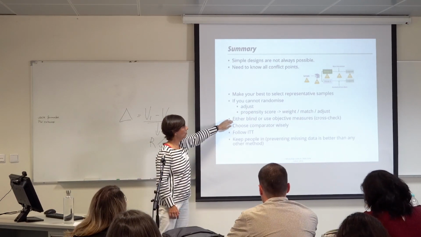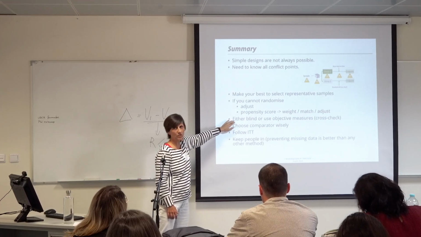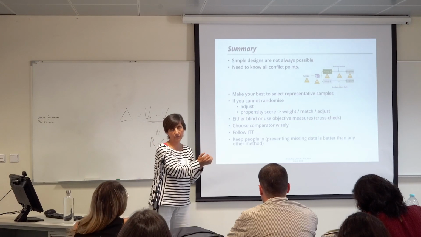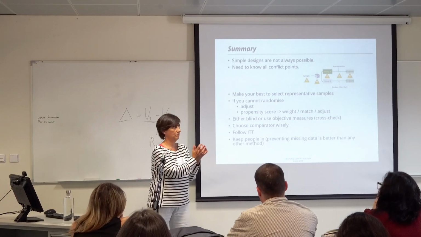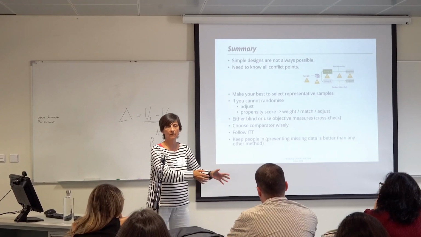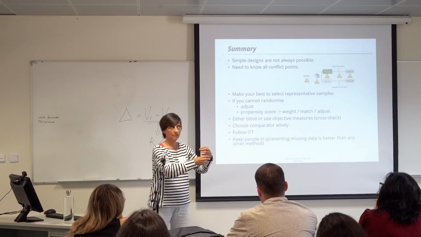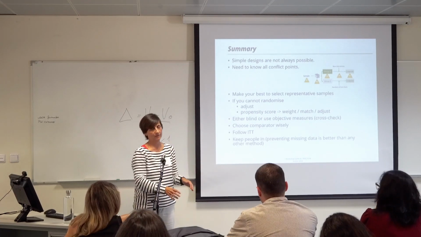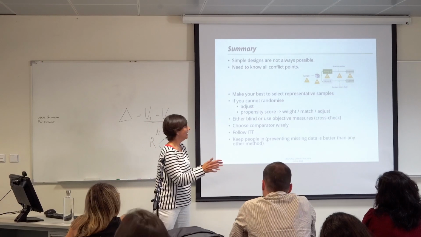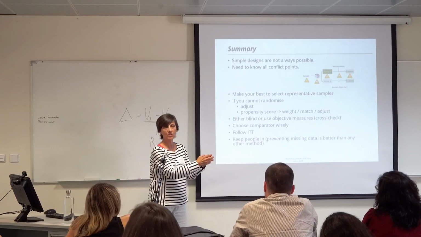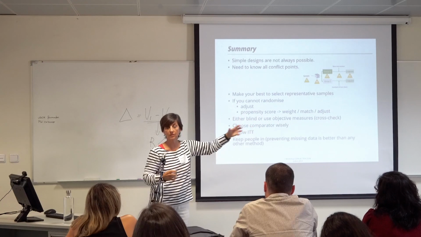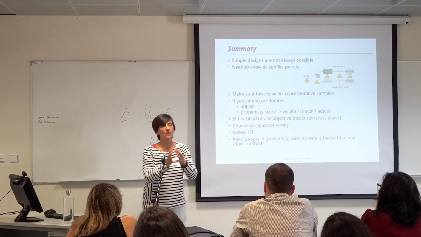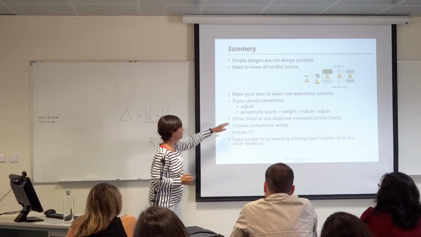Be good at blinding, or if you cannot blind, I didn't mention this, but this is also very important. If you cannot blind, try to use a very objective measure, something that can be measured very easily, right? Like death is very easy to measure. Well, yeah, most of the time. But I don't know, something that can be measured from a registry, or for instance, disability earnings or something like that. Try to find something that is a hard measure if you cannot blind.